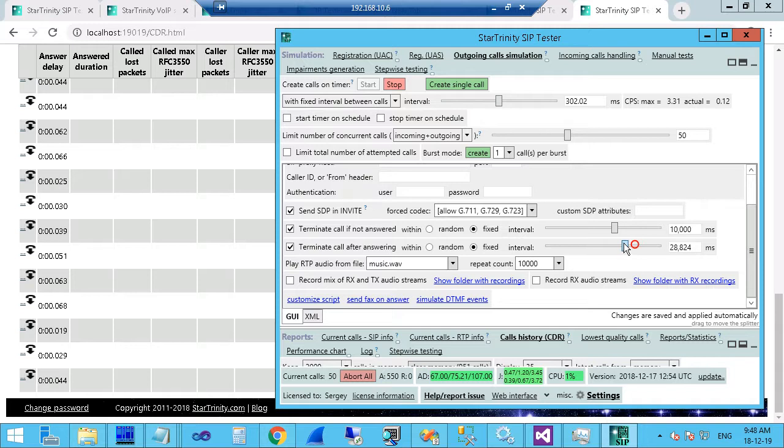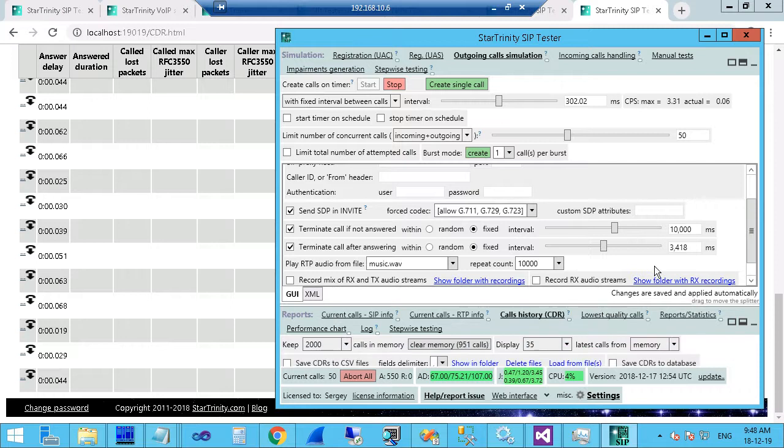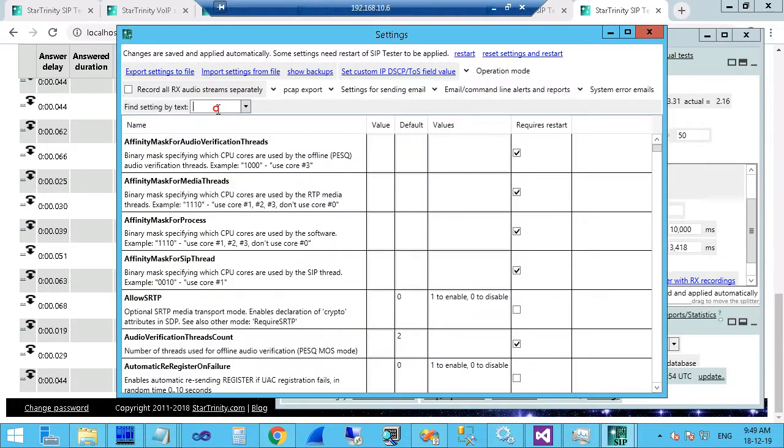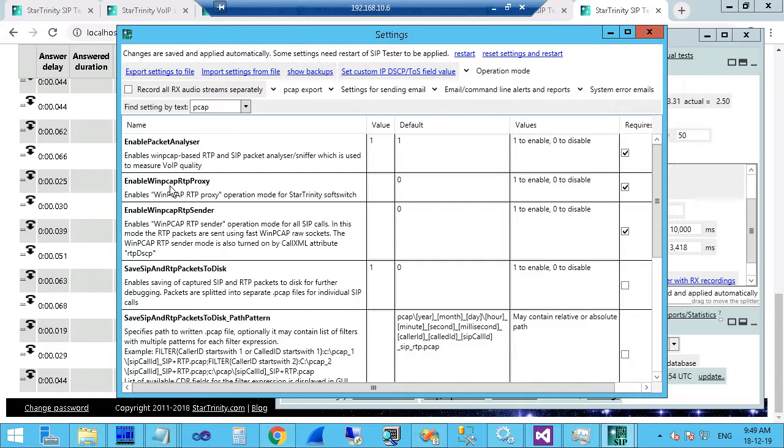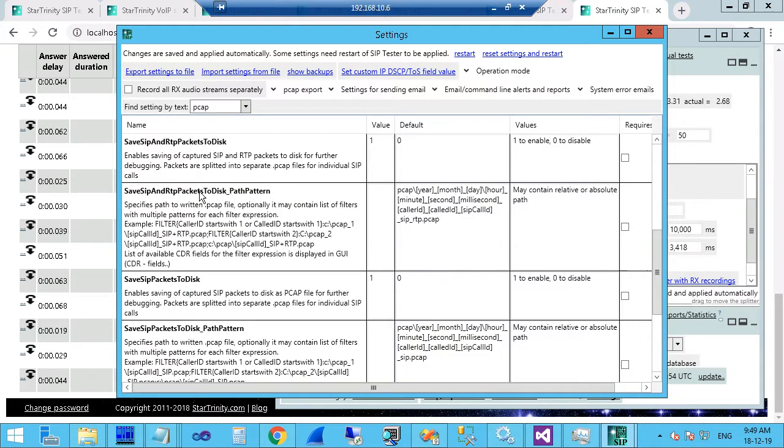I will decrease call duration to make the calls complete faster, and I abort all current calls. Now it creates new calls with short duration, and in settings there is a PCAP setting. Search by PCAP: save to disk